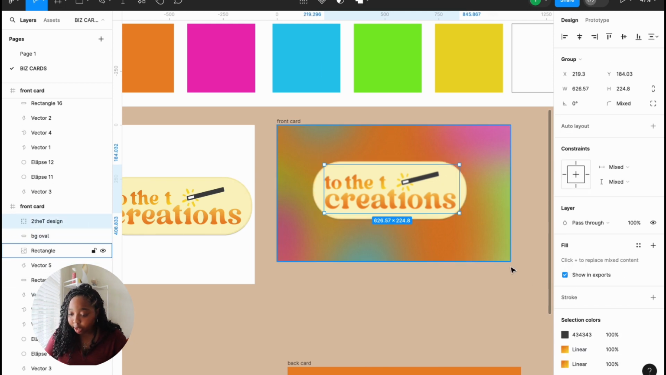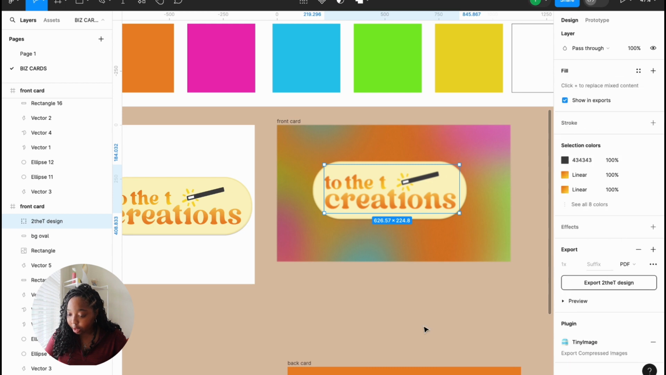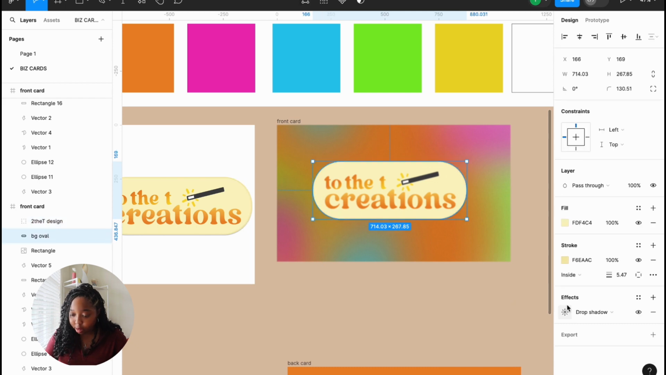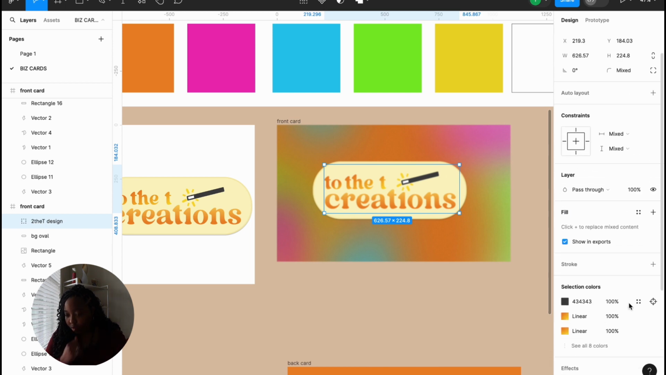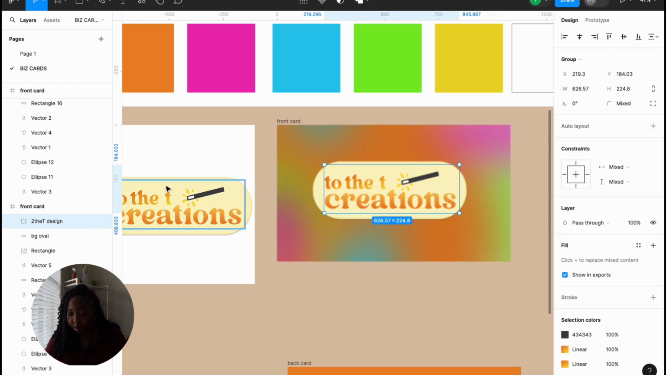Why is this blurring on here? I don't like that. Interesting. Why is this being blurry? Huh. Oh God. Okay. I don't know why that's happening. Because it's not blurry over there. Okay, well let's just